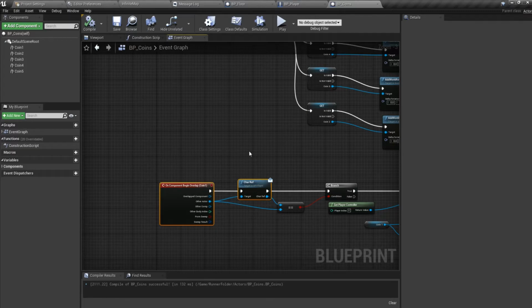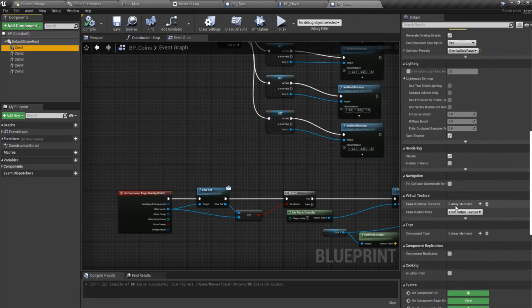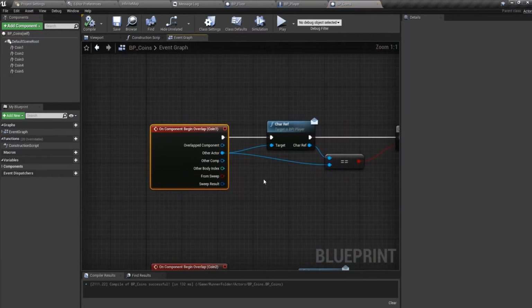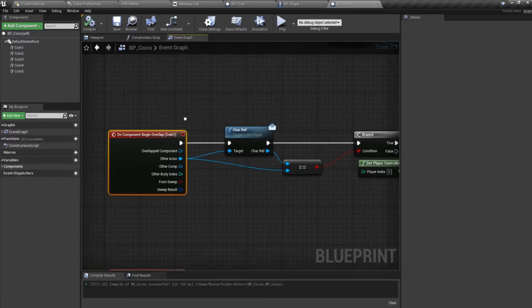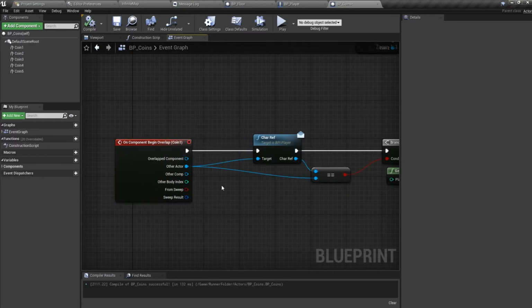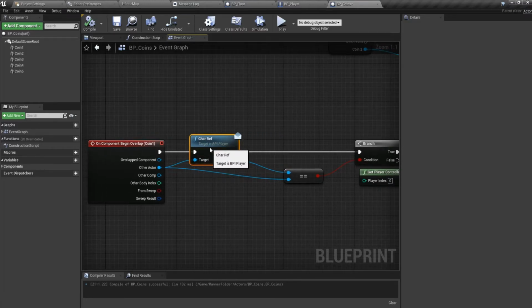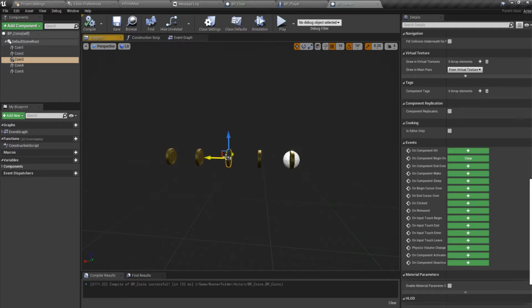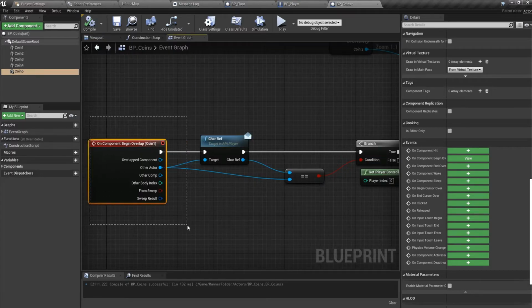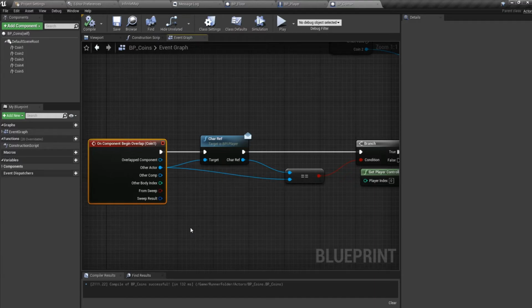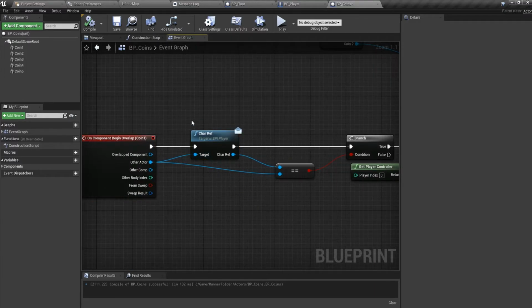So also we saw that in the coin1, when we scroll down, we added the on component begin overlap. So what did we do on the begin overlap? Once it's overlapping, we call this function, first of all, the on component begin overlap, and from this we make sure that the overlapping character is indeed our very own player character and not something else. Like we have placed 5 coins over here, let's say each of them has a collision a bit bigger, and these two collisions are overlapping. Even then this will run because it's overlapping with something, so it will still run. So we are making sure that we want to destroy the component only when it is overlapping with our player character, and